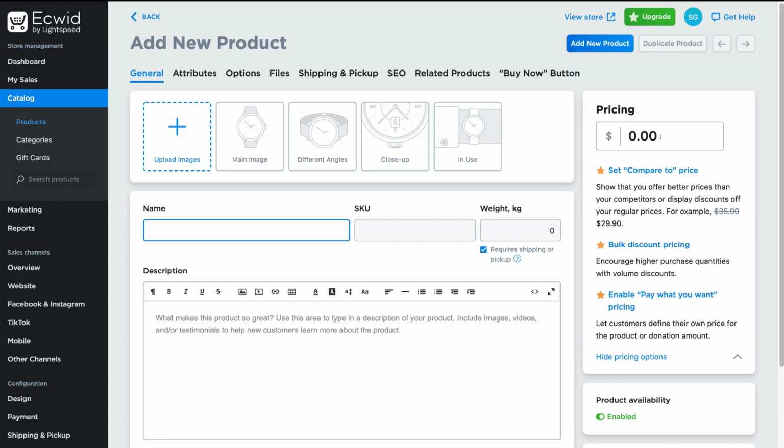As you can see, it's incredibly easy to add products to your Ecwid online store. Now, because today's focus is on integrating Ecwid and Wix together so you can start selling your products on Wix for free, we're not going to dive too deep into how to actually